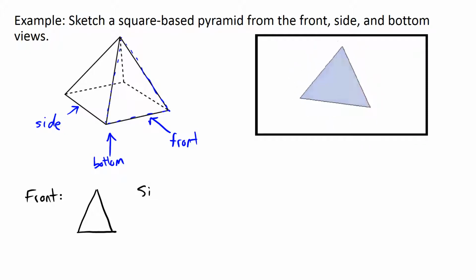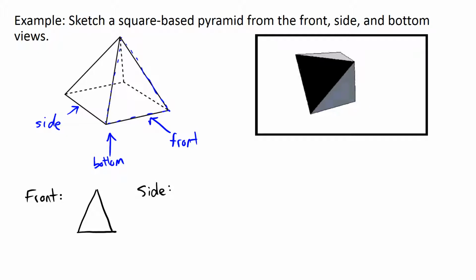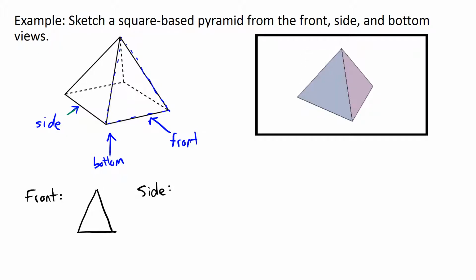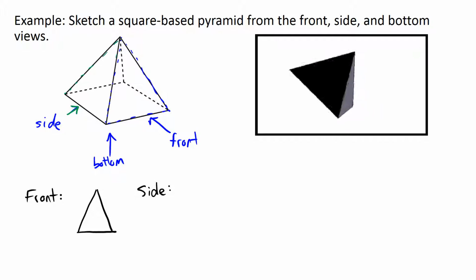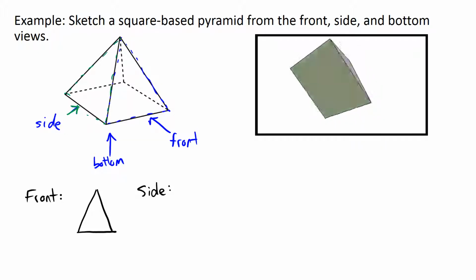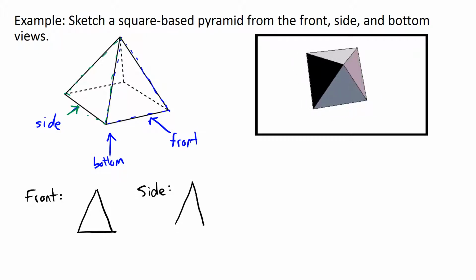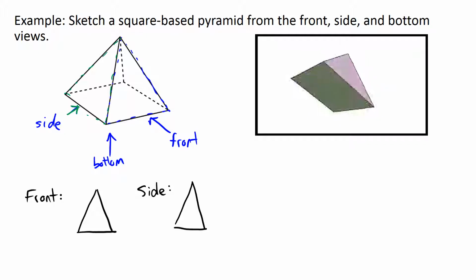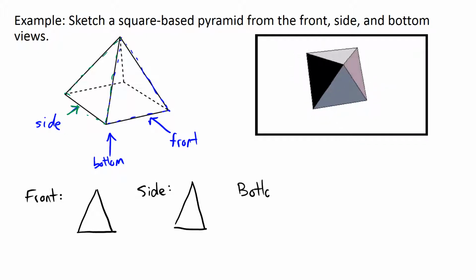Now the side is actually going to be the same as the front, because when viewing from this left-hand side here, a square-based pyramid has the same length, so it's going to have the same dimensions of triangle, and that means that the face is going to look basically identical. So it's going to be another triangular side. And then finally from the bottom,